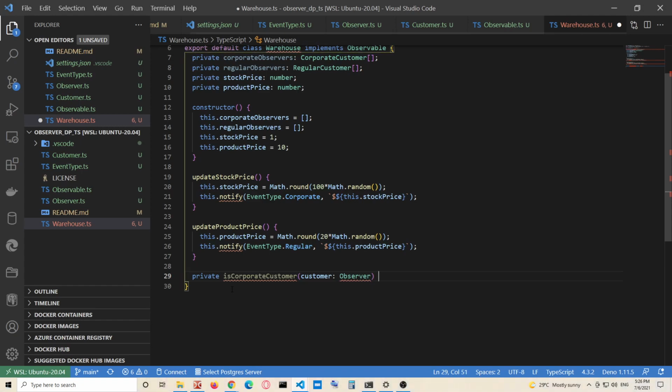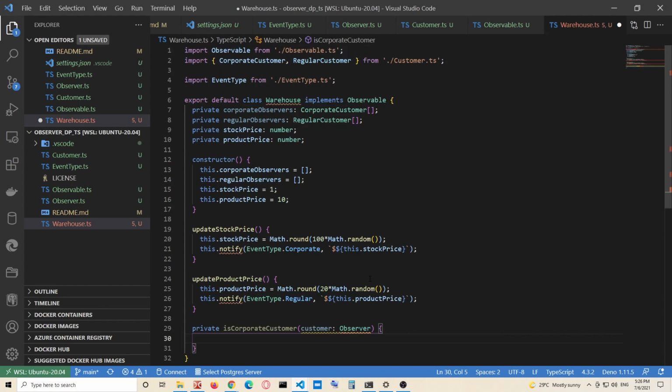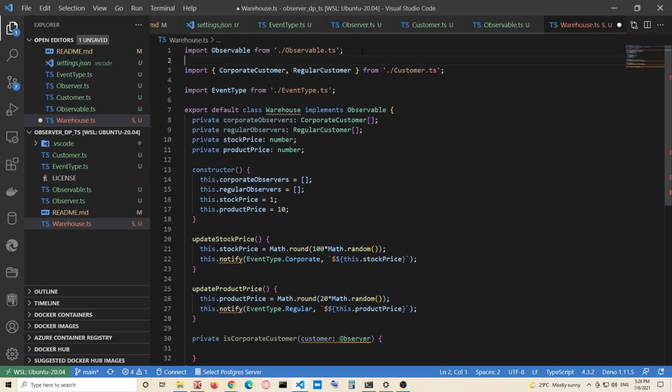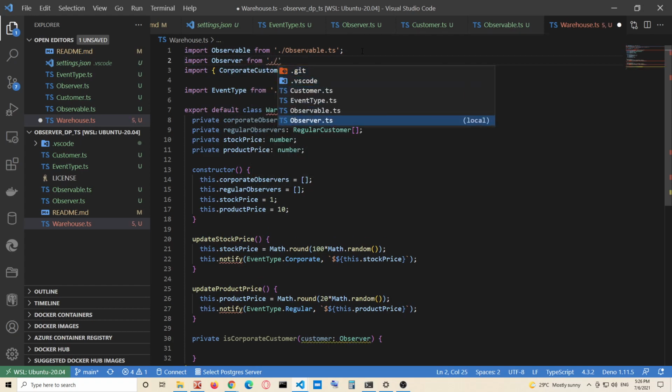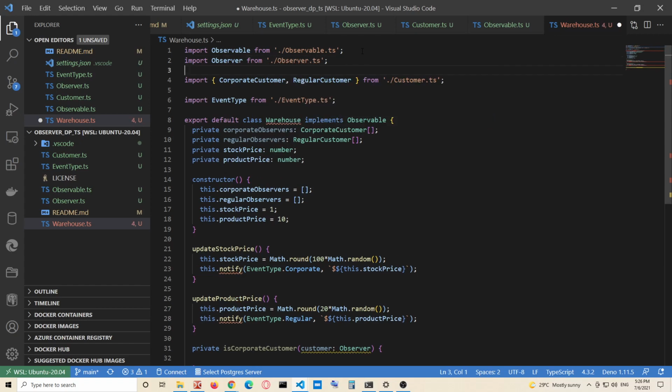and because of that, as you can see, I need to include the Observer here. That's why I forgot to do that. Actually, I didn't know that I would need it here. So import Observer from there, like that. So yeah,